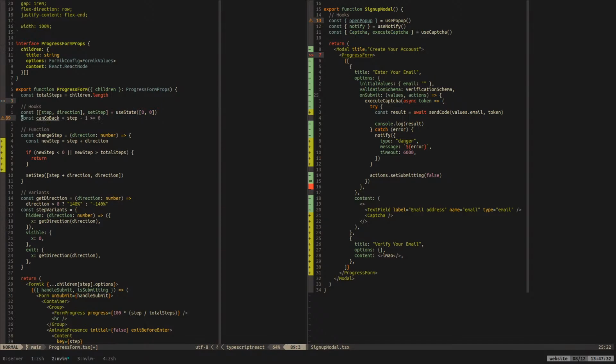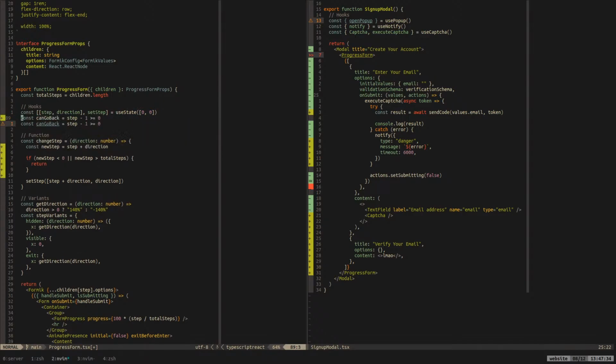Okay, and we have to put it down. And canGoForward. The plus is less than or equal to the total steps, minus 1 maybe? Because total steps is going to be the total amount, but steps is going to start at 0, so yeah, we do need a minus 1.